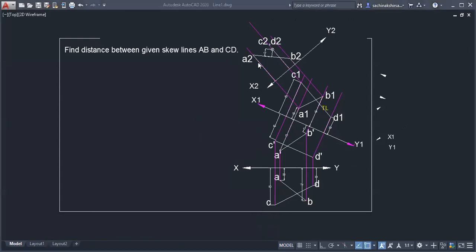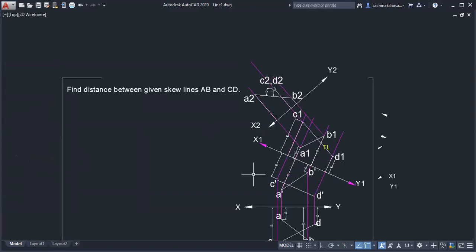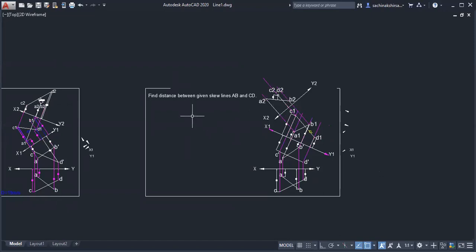So in all cases we have solved, as part of the syllabus, 100% of the syllabus of the first chapter is over from my side. Any problem? If not, we will go to the next chapter. Have you understood skew lines, intersecting, parallel, perpendicular, grade and bearing, then simple problems? Yesterday I sent the PDF of the first chapter. Even this problem was also solved in that. So what to do now? Shall we go next?